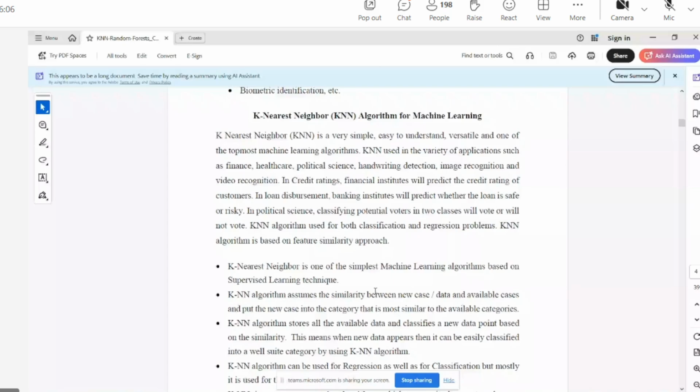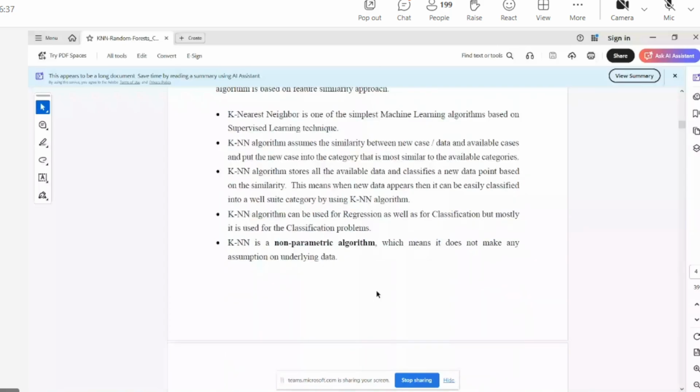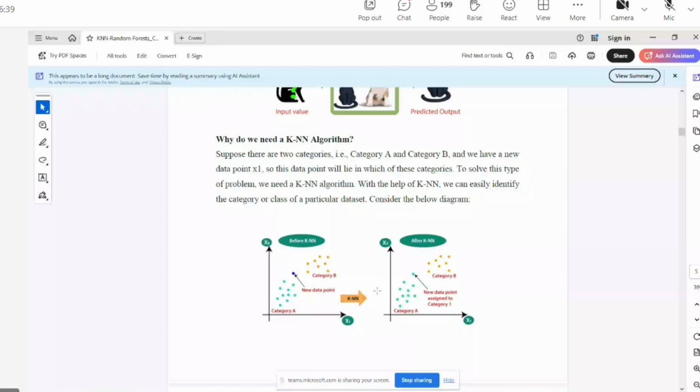Here you take, for example, 5 as k. That means the distance to the 5 nearest neighbors will be calculated. Basically, distance will be calculated from the new point to all other points, and the 5 nearest neighbors will decide the classification into that particular category. Right? Now, I will show you a theory we can skip. Now, let's try to understand here.